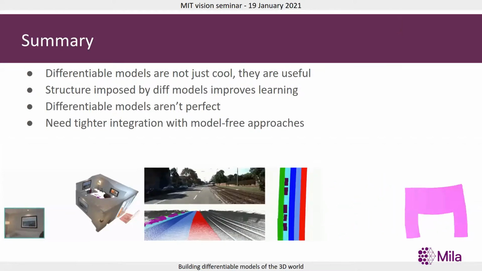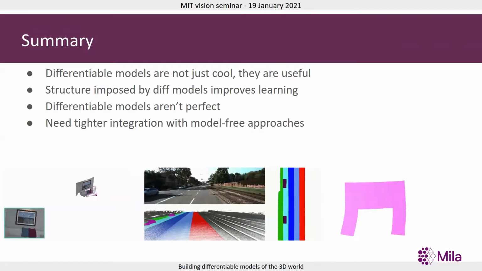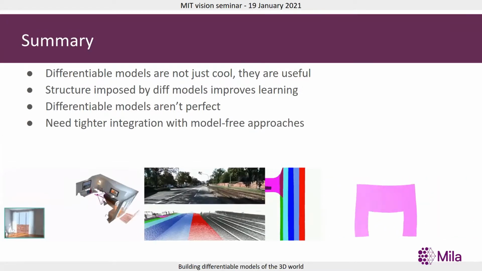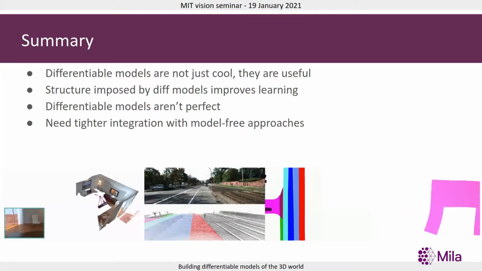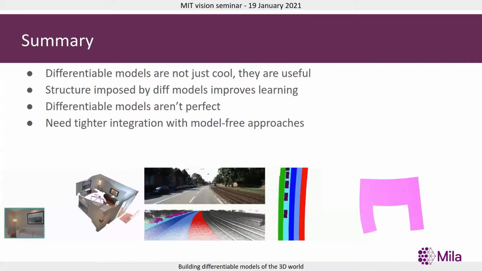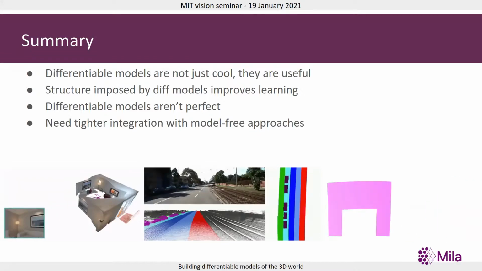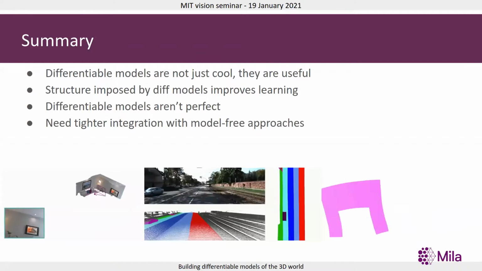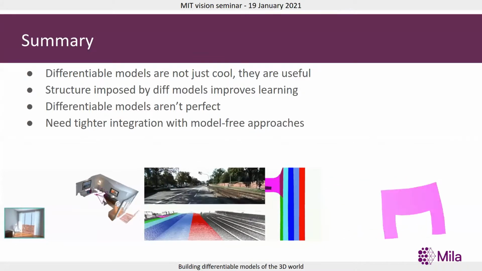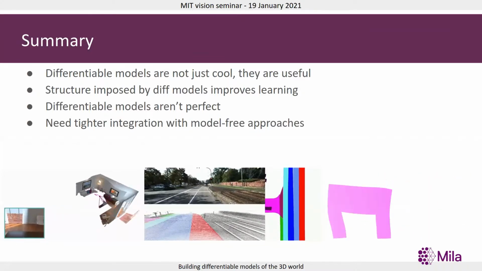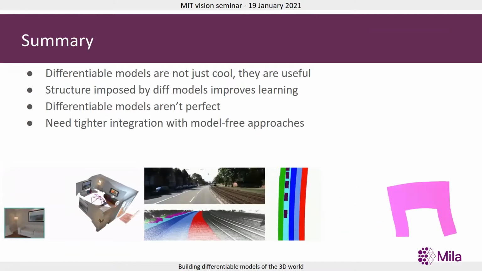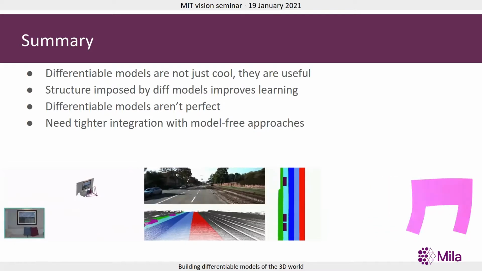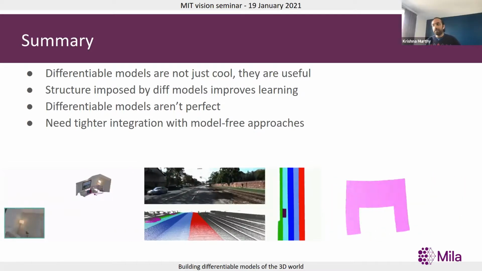Hi, Krishna. Quick question. Hi. I was curious about some of your examples, for example the cloth and even the ball moving. Is there a sense for what the space of the solutions could be? I'm assuming you had some kind of prior or some kind of constrained search space, or how did you deal with that?